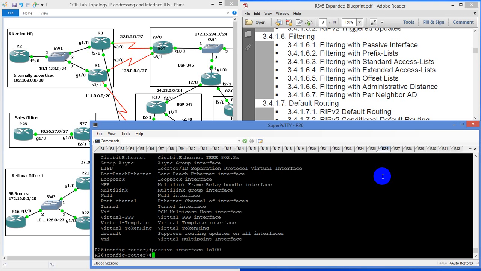So there's that. Now the prefix list, I've already shown you that too, where you can do a prefix list inbound. So you could say,